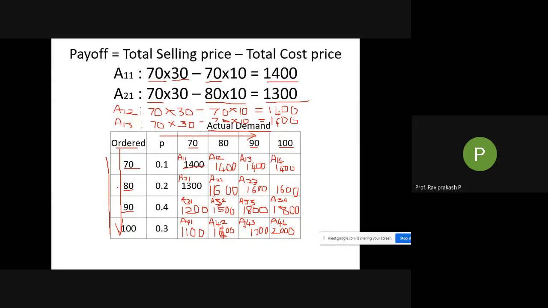Okay, so till here, if you understand, note down the values. If you want, you can write A11, A21, A12, whatever, if you are getting confused. Otherwise, no need. If you are understanding it, then that is more than enough. But in the examination also, write at least 2 to 3 like this, then the rest you can write directly. No need to write all the values. Here, 4 plus 4, 16 values will come. No need to write all 16, 3 or 4 max.